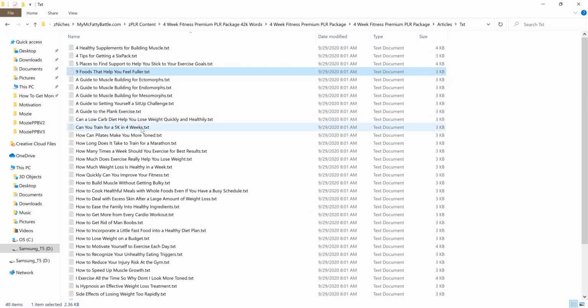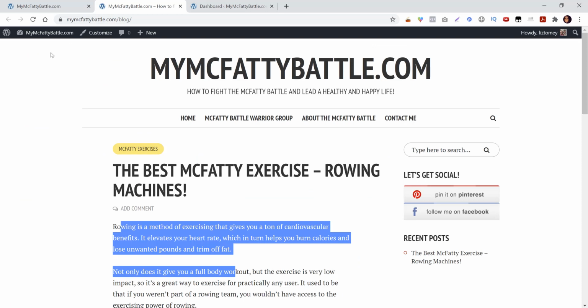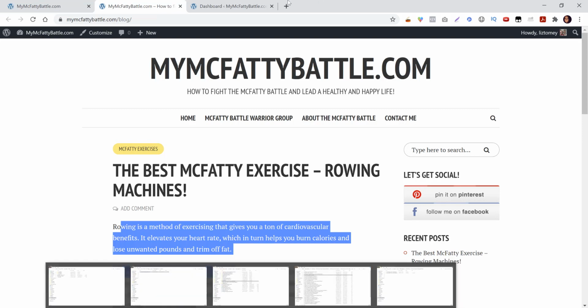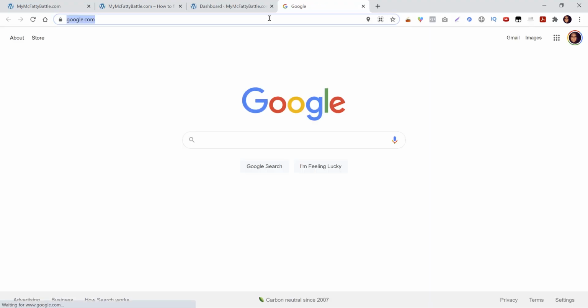Can a low carb diet? Can you train for a 5K? How long does it take to train for a marathon? How many weeks do you exercise for best results? That could be a good one. I'd have to open it up and look at it, okay? But I would just keep going through here. So I could easily take that content, format it, and create a blog post. And like I said, do content marketing with it, okay? So that's one way. If you are looking for specific content, if you don't want to sit and comb through what you already have, you can always come over to